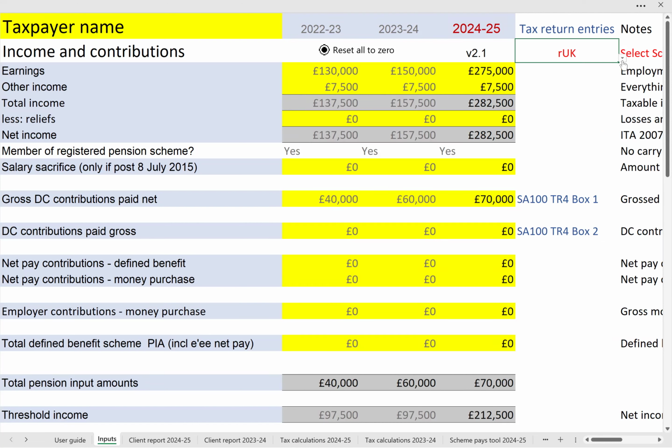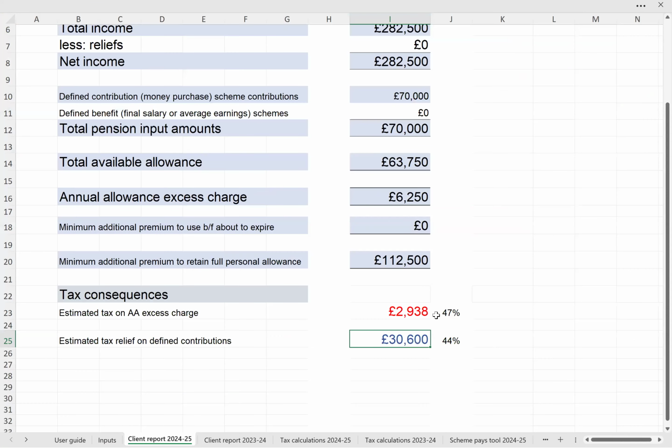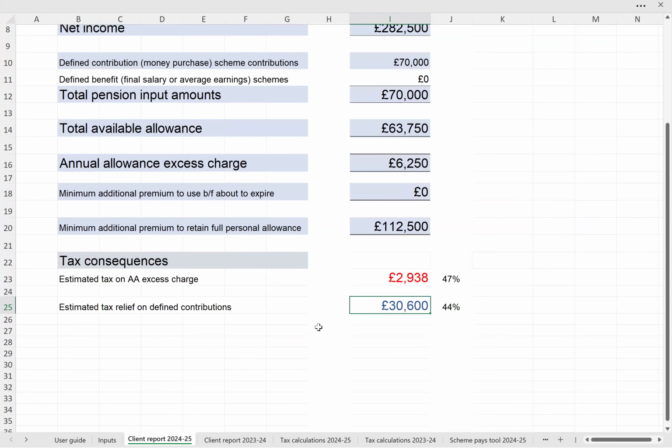And on the input screen, you can toggle between Scottish and rest of the UK. And that will then give us the different, slightly different figures here for the estimated tax charge and the overall effective tax rate, because of course, Scottish tax rates on non-savings income, and here we're looking at significant non-savings income, will be higher. So you've got the tax calculations, but then if we've still got the energy to look at it,